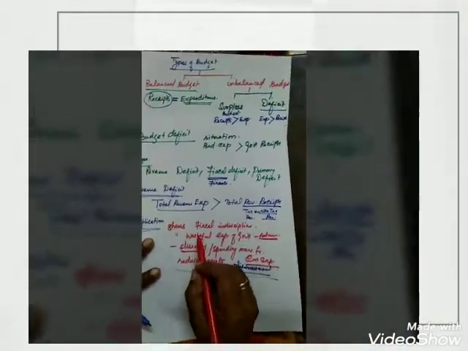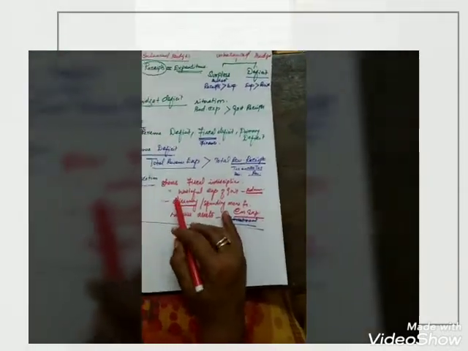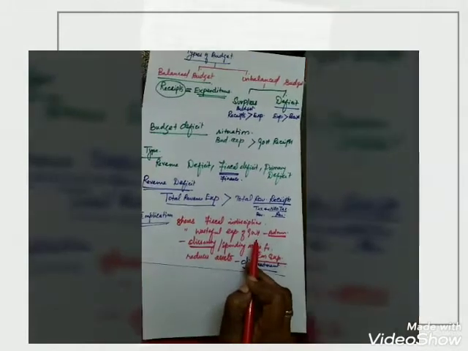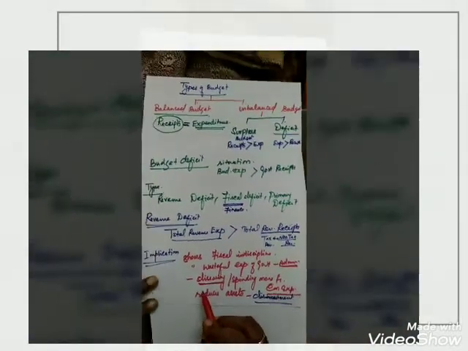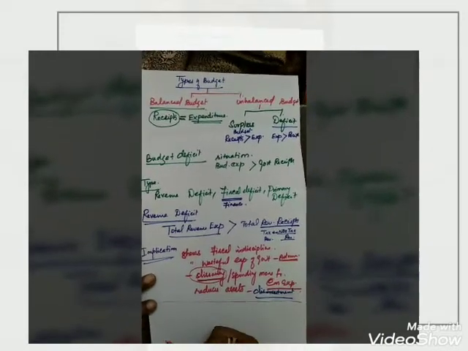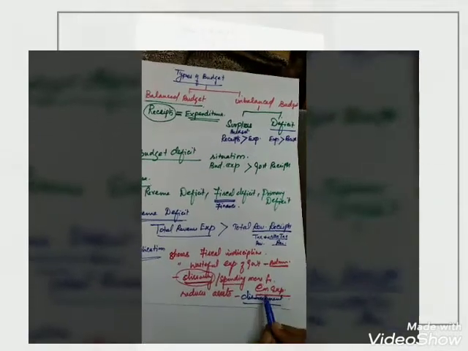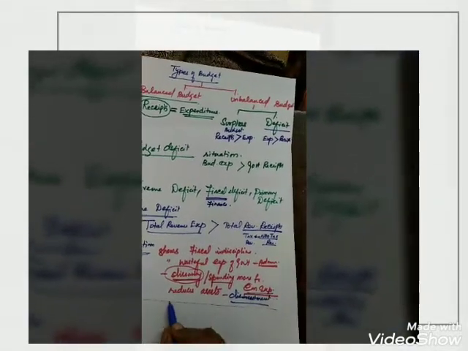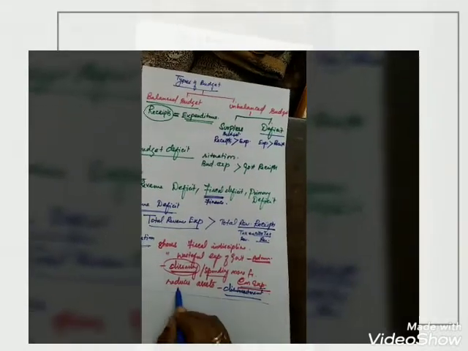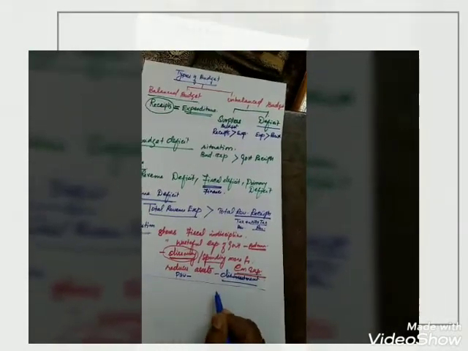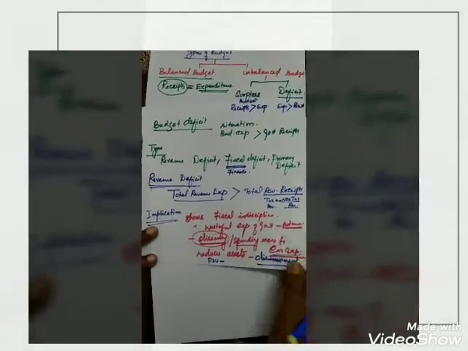What is the first implication? It creates fiscal indiscipline. At the same time, it shows the wasteful expenditure of the government, especially in the case of administration. And it shows the dissaving part of the government. That means the government spends more on consumption expenditure. At the same time, it reduces the assets of the government. In what way? Public sector undertakings selling their shares to the private sector. So this is called disinvestment.